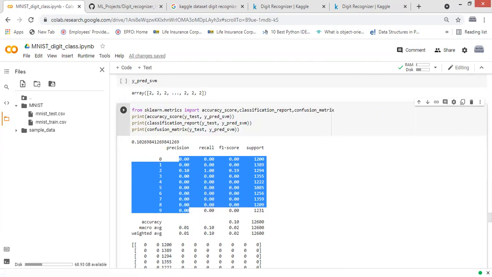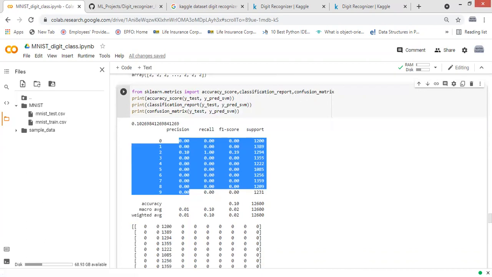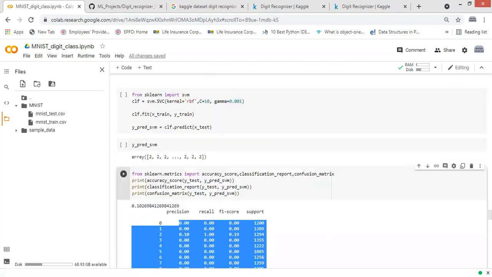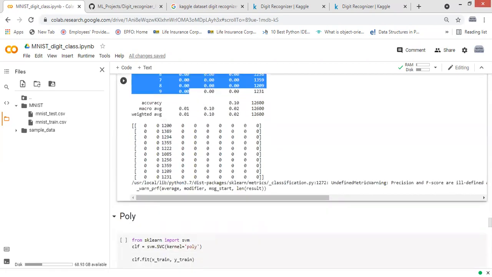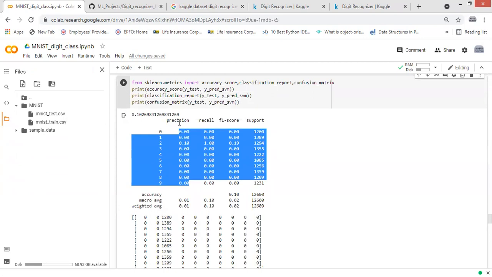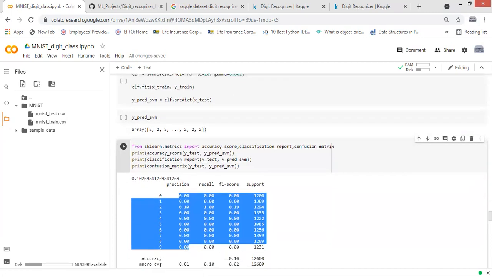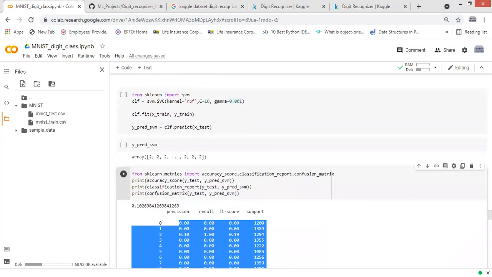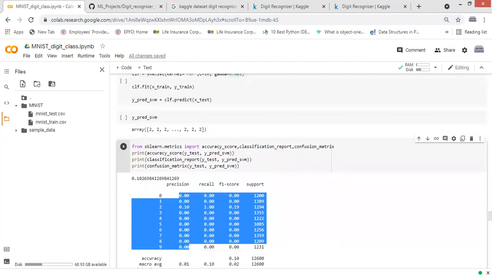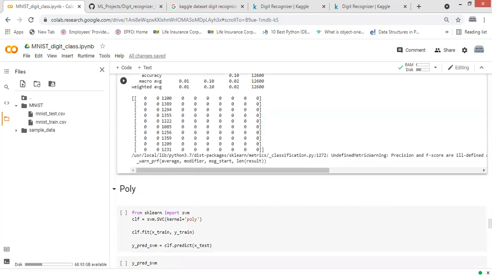So I have to work on what parameters went wrong here. I got only 10.26, and when I tried gamma equal to 0.8, I got 11% accuracy. So the classification was not good using this. Maybe I have to make some changes in the code or parameters.